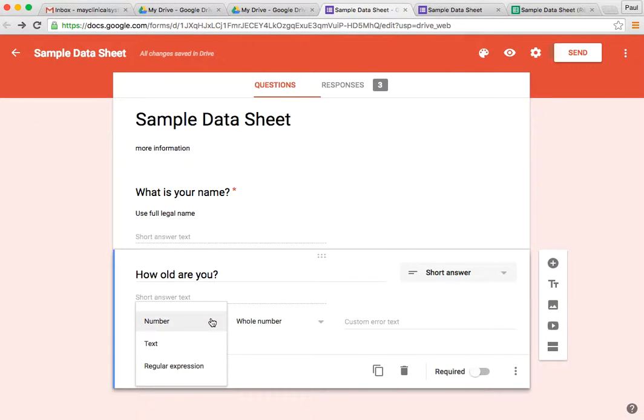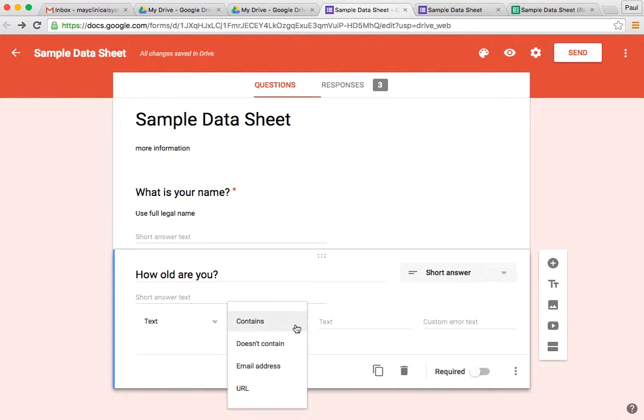The other one I do want to show you is text. So you can say text that contains, if you wanted to make sure there was one specific word put in there. I don't really know any reasons why we'd want to do that, but you could. The only one I would really use here, or maybe this one too, is you can validate an email address, which is nice. So you don't have to write all this code to say, hey, is this really an email address? You can just say,